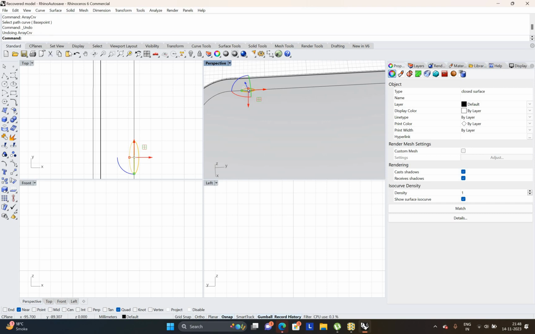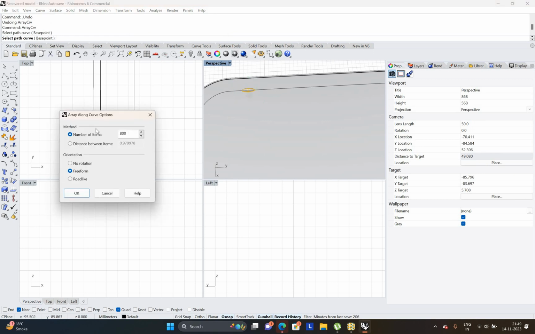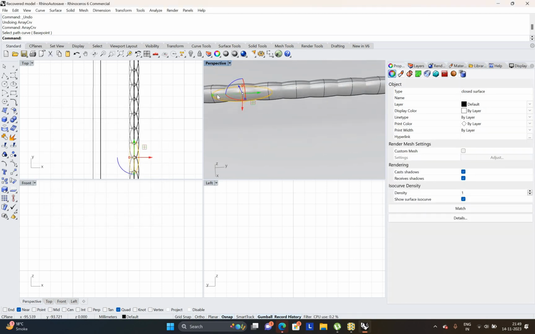I'll do Control Z, and we'll do array curve again, select the base point, and add in 600 and see how the gapping is. Again, it's way too much, but let's see if we can make it a little smaller by